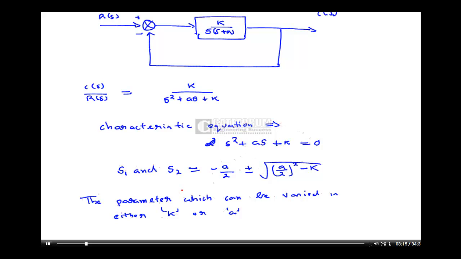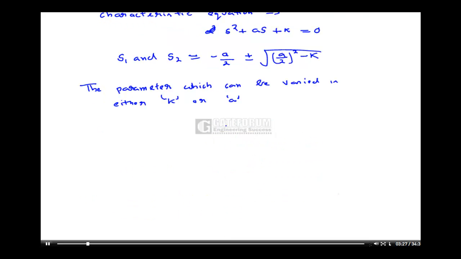The gain parameter is nothing but K. The coefficient of S, whether it is A or some other, I will not change unless and until it is specified. For finding root locus, I will change my gain parameter K. Now if I plot a root locus for this,